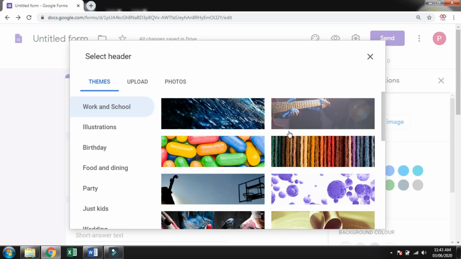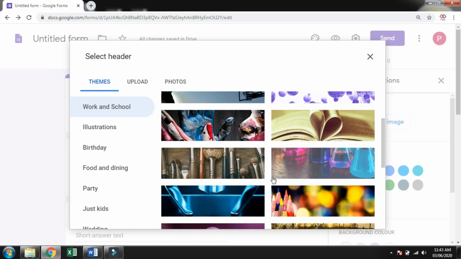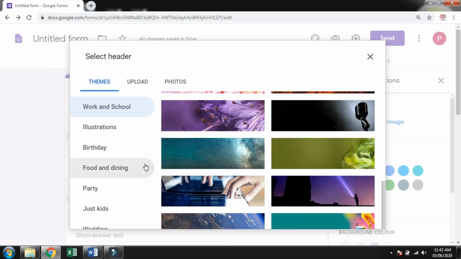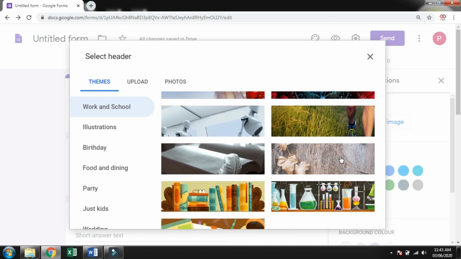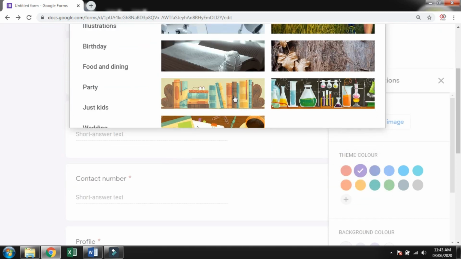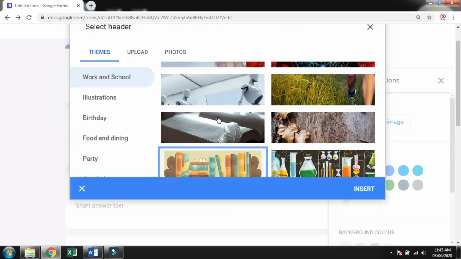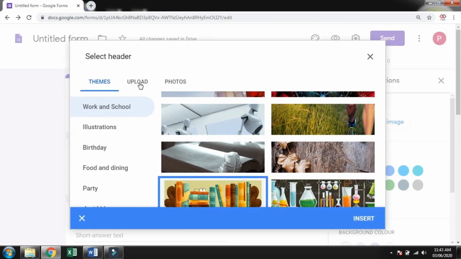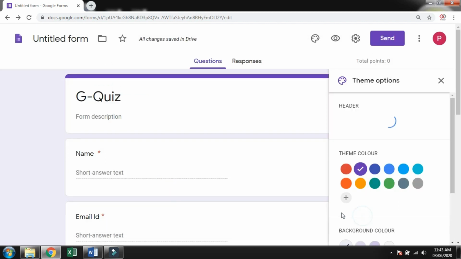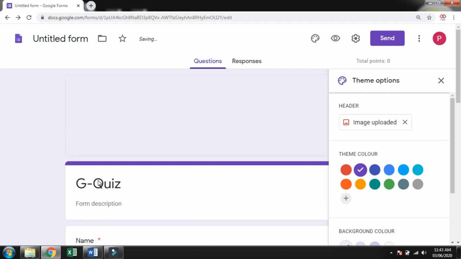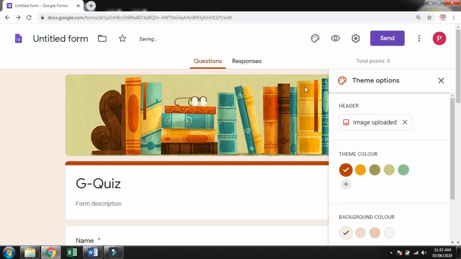You can select any themes from this one. If you want to add a picture which is in your system, you can click upload and select it. So I'm just going to click this one and insert. So the picture is up.